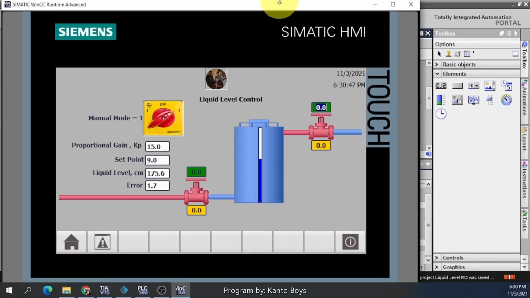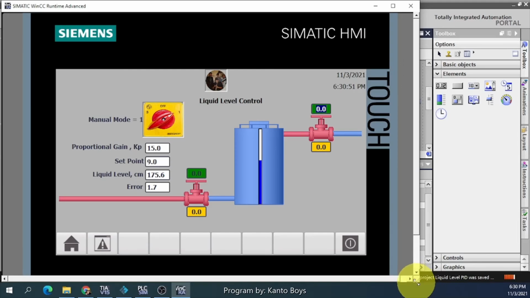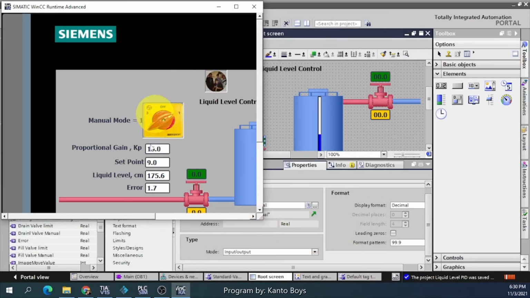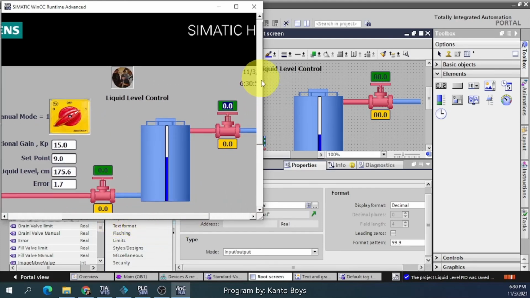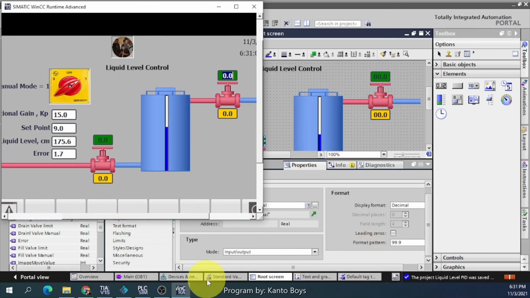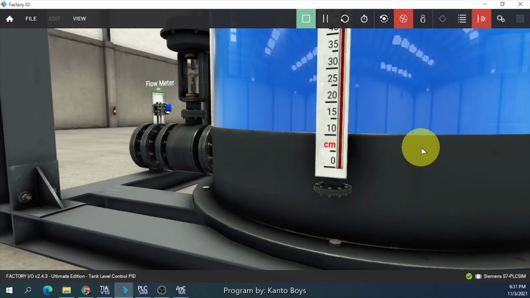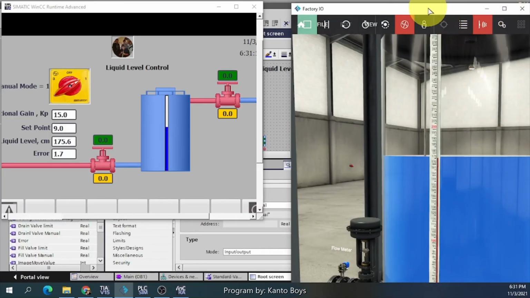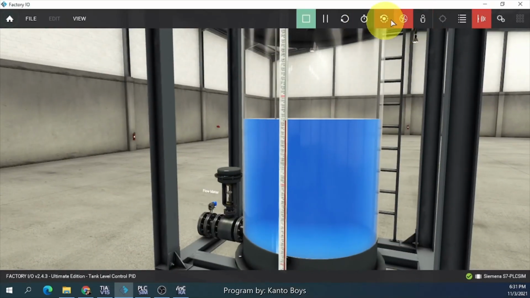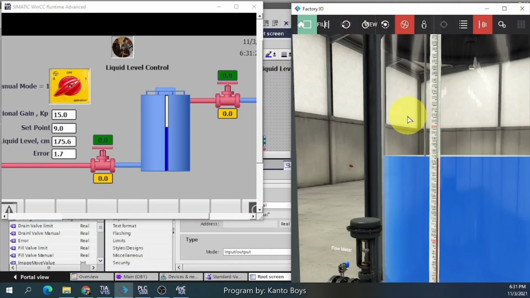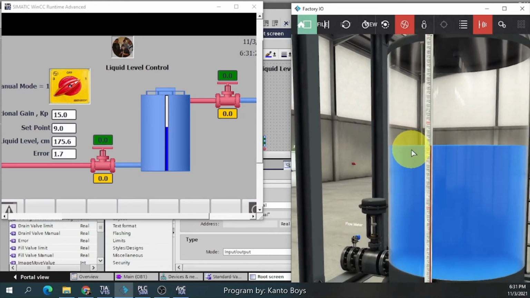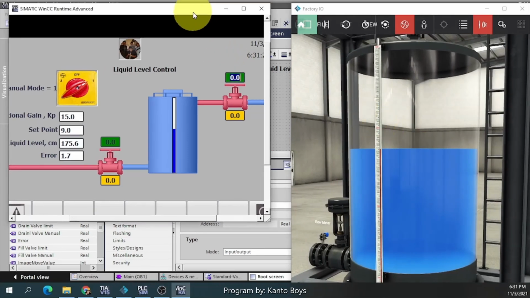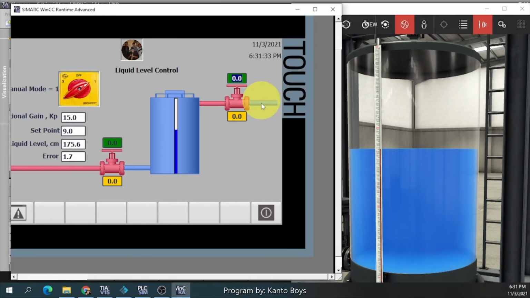So I will again show the simulation. Now my process rotary switch is set to manual.